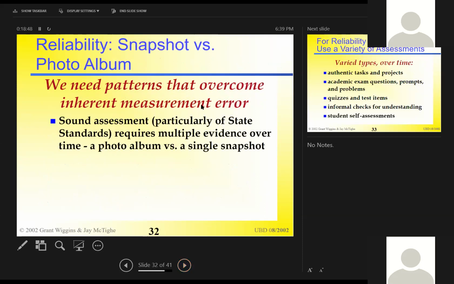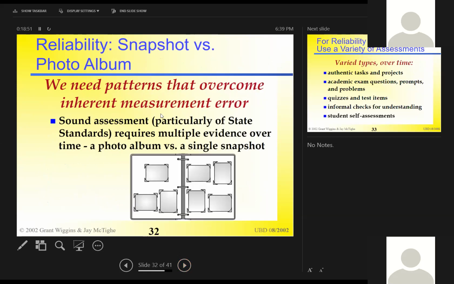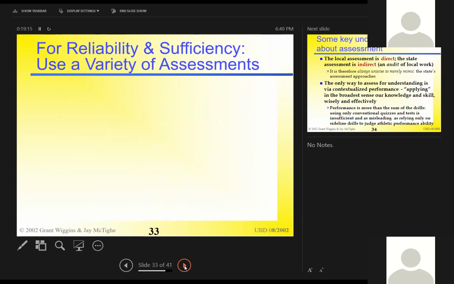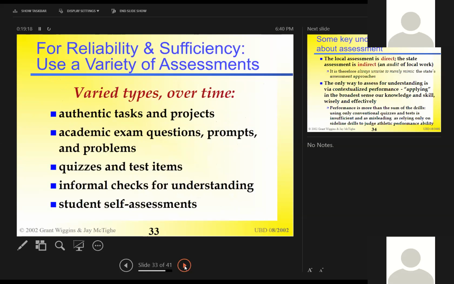We also want to make sure that our assessments are sound. Like I talked about earlier, they really are aligned not only to our state standards, but to how they're tested. Also, don't be naive enough to think that if you've taught a standard one time, the students have learned it. You have to make sure there is continuing evidence over time that students have truly mastered a particular standard or concept. We're not going to get into reliability and sufficiency right now, but when you're thinking about assessment, make sure you're varying it, that it's not always the same thing.